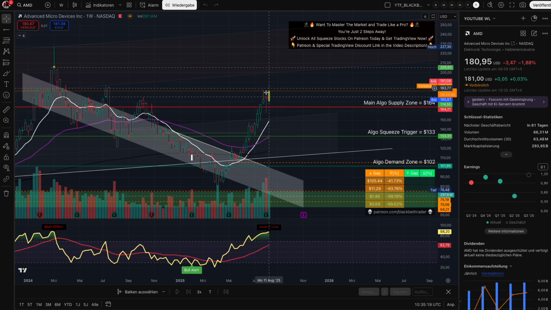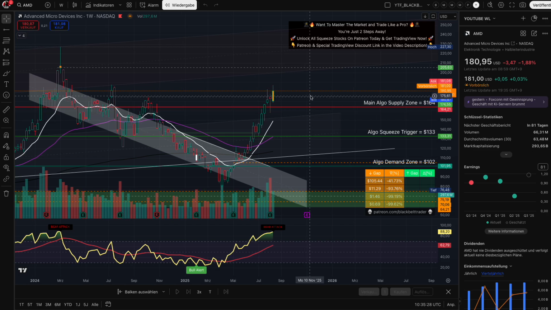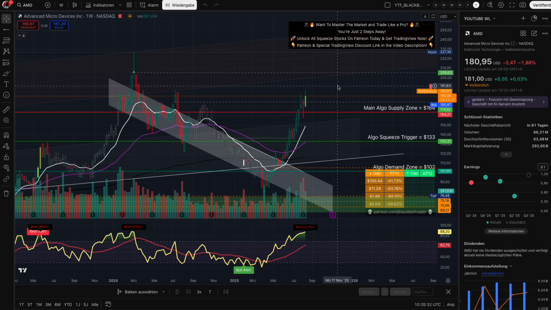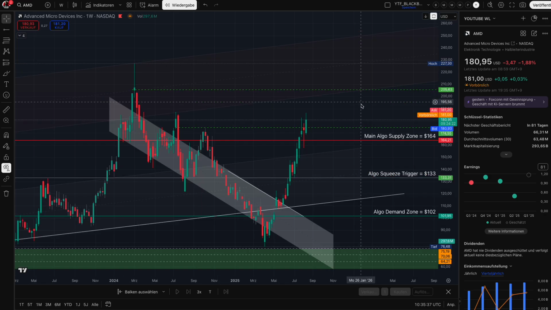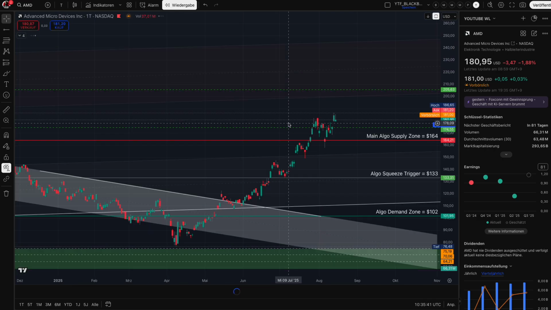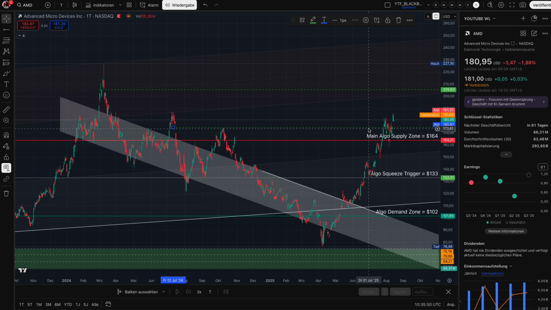And of course not only in the indicator guys, also here the main algo supply zone, which I said is 164 US dollar. This is not to scare you guys, this is just what I want to share here with you. And so what I think should or could happen right now is, let me switch off for a second here the indicators. Yeah, we have here one open gap, and I will switch now to the daily chart to make it more easy. So we had this open gap here at $174. This gap has been filled, so we can delete this green line here in the chart.